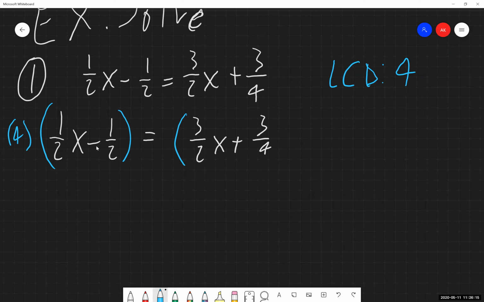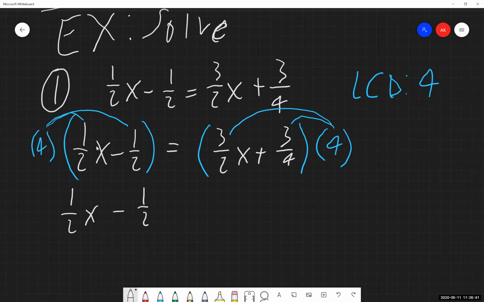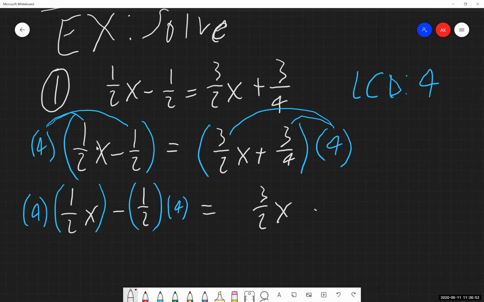So again, all I'm doing is just detailing this out. So I'm multiplying the entire left-hand side by 4. I'm multiplying the entire right-hand side by 4. Which means this 4 is going to distribute through to both things, both sides. So again, I'm going through and showing the long drawn out, every single step with this method. Again, every single thing needs to multiply by this.